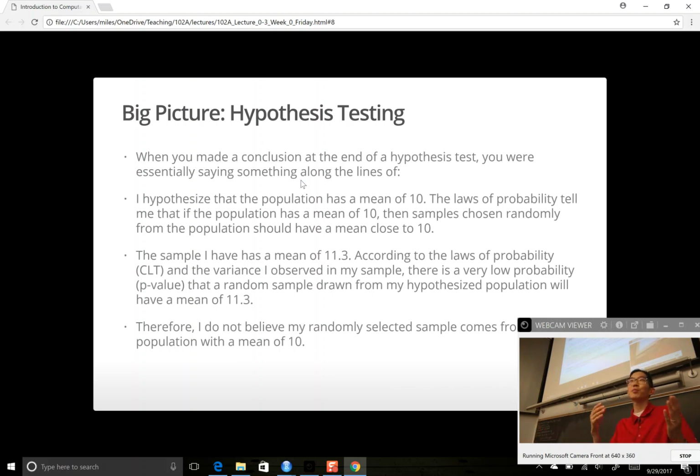The central limit theorem says that when you take random samples from a population with a mean of 10, those random samples should have sample means that are 10 or something very close to 10. Yeah? And so let's say you take a random sample and you get a mean of 11.3. And so now we have to ask the question, is it likely or unlikely? Are we likely or unlikely to get a mean of 11.3 if the population truly has a mean of 10,